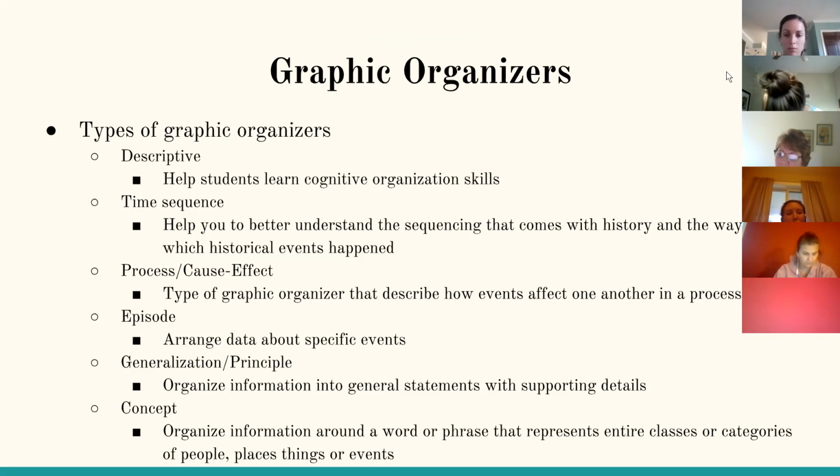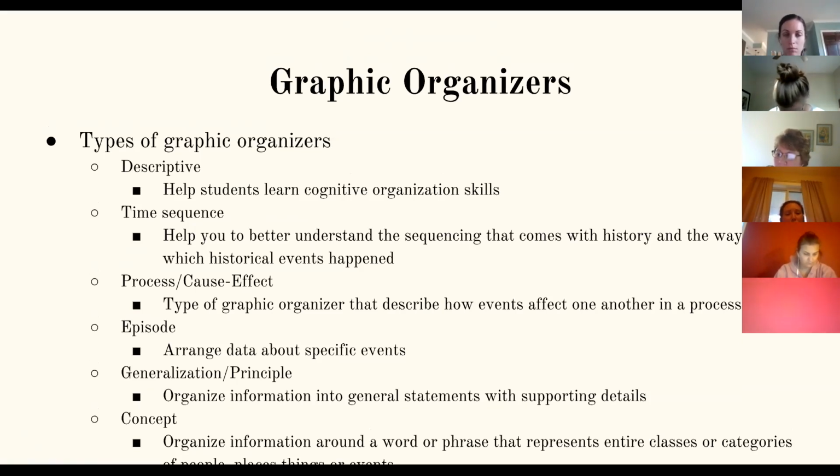Like we talk a lot about cause and effect: this happens because of this. Arrange data about specific events. And then generalization and principle: they organize the information into general statements with supporting details. And then concept is organizing information around a word or phrase that represents the entire classes or categories of